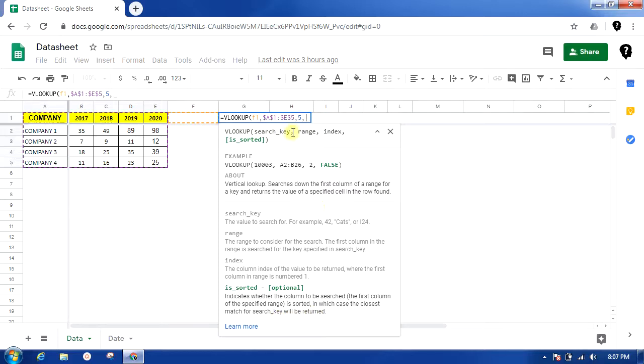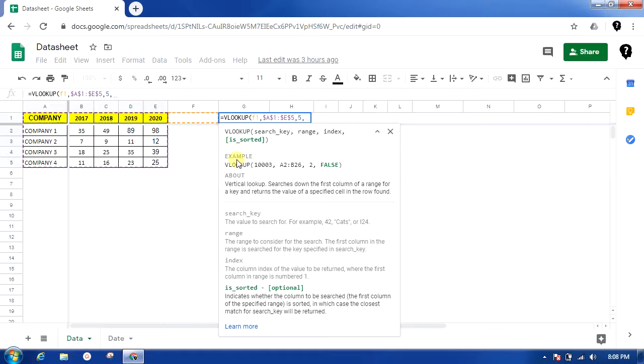How does this translate for this formula? If we say false, it will not sort, and vice versa. Basically it will sort all the values first and accordingly return the value. Why this is important is when we have two different values, say for example company 1 repeating again below. VLOOKUP is not so smart that it will pick two different values, so it will always take the first value and proceed. So it's very important how you want to treat this formula against your selected values.